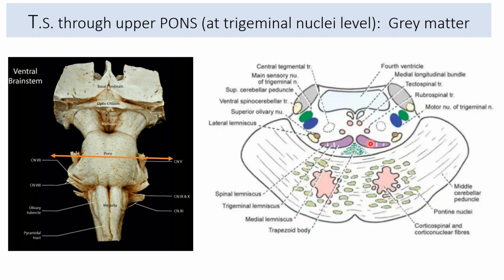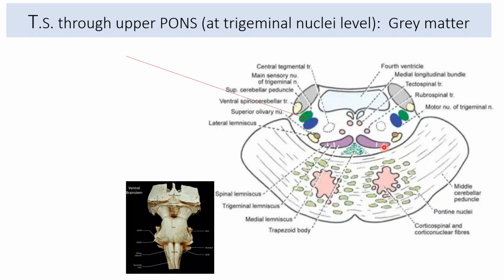And now see the arrangement of the lemniscal system. They have now flattened and arranged into a more transverse plane. Unlike in the medulla, where they were arranged in a more anterior-posterior vertical plane, now they are in a transverse plane. One more thing you can compare with the previous section is that these lemniscal bands were going from ventral to anterior. Now they are almost at the same level. All the lemniscal bands are at the same level.